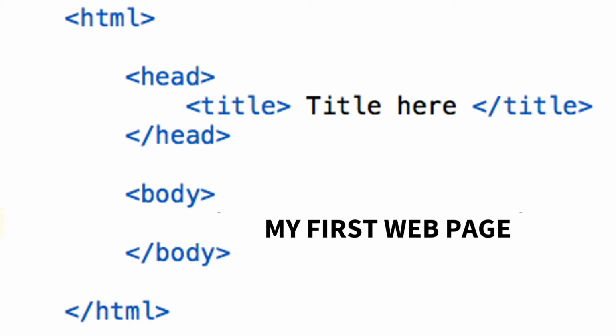After that the body is closed, then HTML is also closed. Whatever is mentioned under the body will be shown on the final web page.